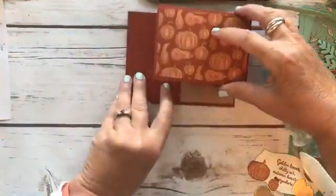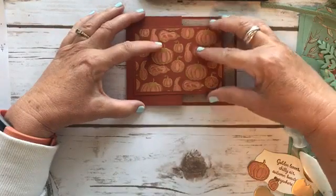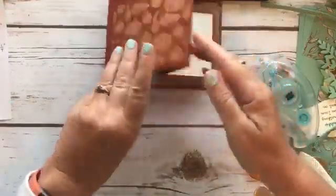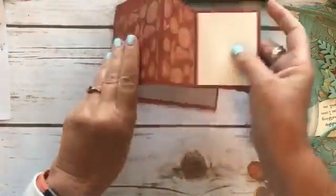So I'm going to center this and make sure it's straight and press down. And hopefully, yeah. So you want to make sure that obviously there's no glue there. So then this piece,